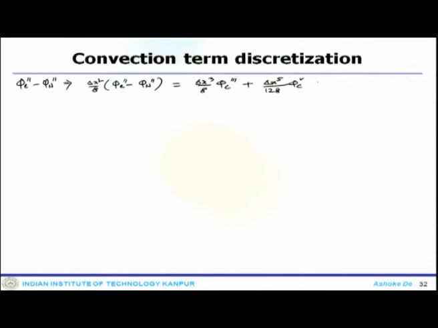Now, you substitute back everything in that equation of half of phi e plus phi c minus half of phi c plus phi w, which will be phi e minus phi w plus del x cube by 8 phi c triple prime plus del x 5 by 128 phi c fifth term. Now, you divide by delta x,